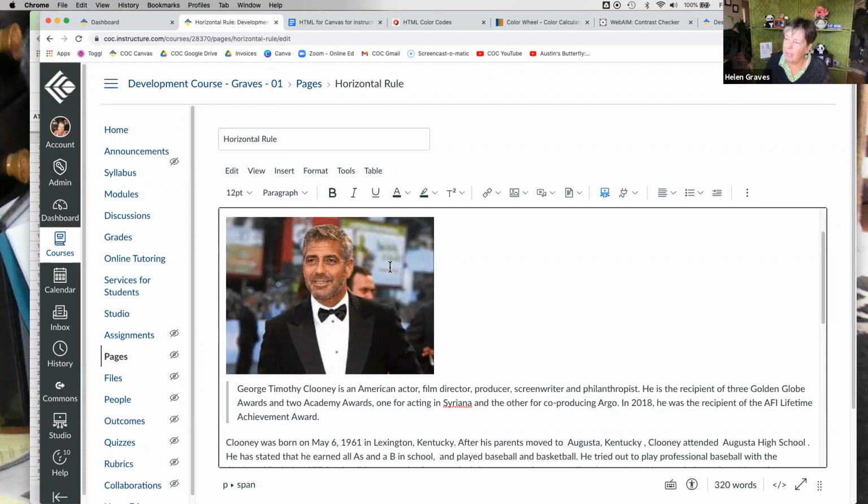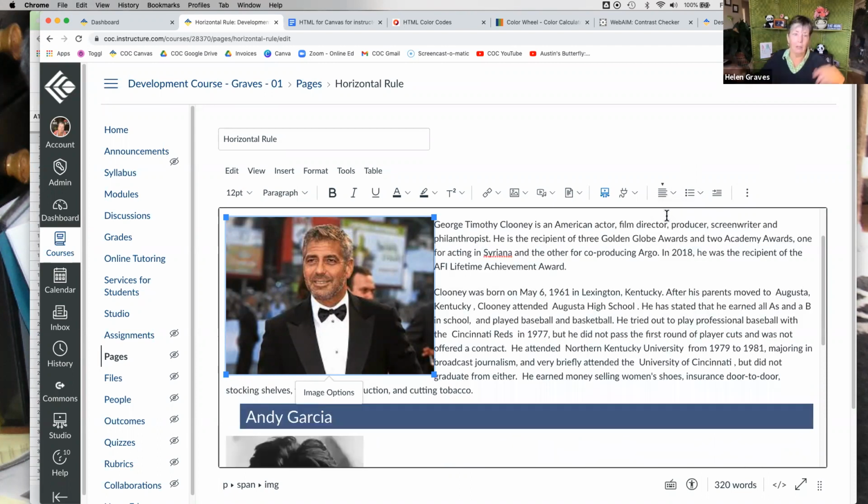If you're not sure which icon it is, hover your mouse and it'll tell you align. From the drop down, I'm going to select left align. My text immediately jumps up next to the image. So the image is now floating next to the text.